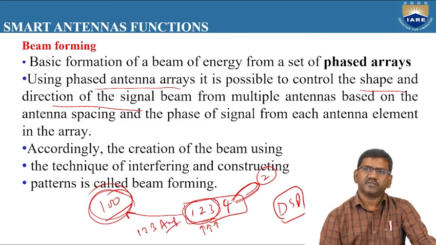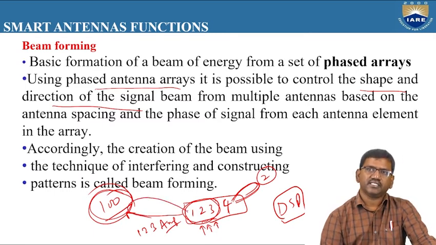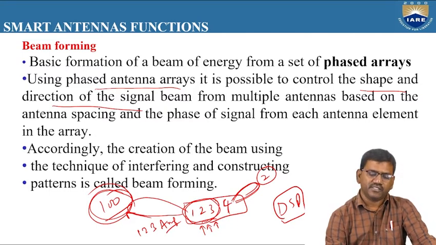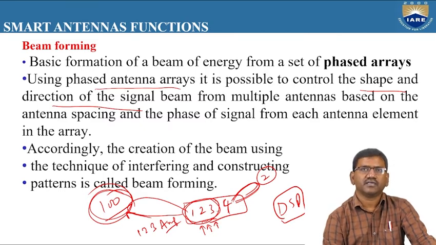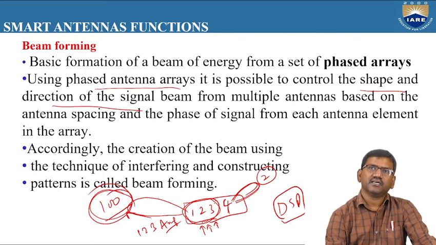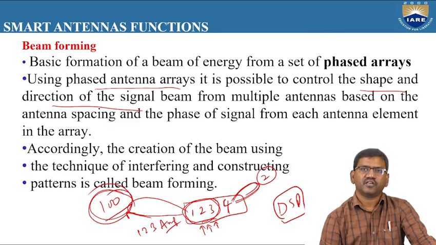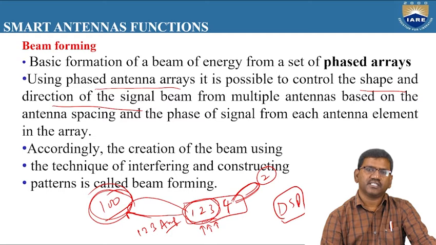after sending the DSP instruction, as more radiation pattern has to be produced in this direction, automatically the spacing is adjusted. So automatically the amplitude of these elements is increased, and hence the phase of the signal of each element is also changed. That means as the spacing is changed, generally the phase of the signal will also be changed. Right? So internally the spacing of the elements is automatically changed, thereby the phase of the signal is changed. As the phase of the signal is changed, more beam will be directed in the direction where there are more users.